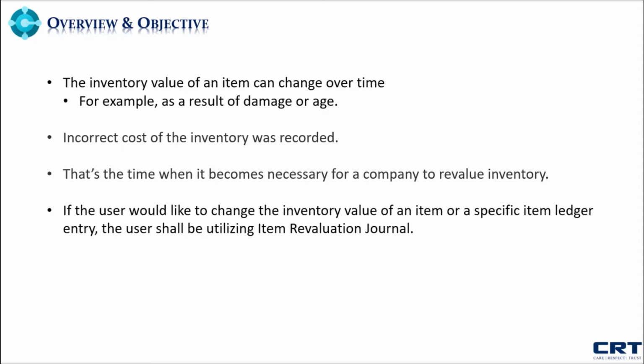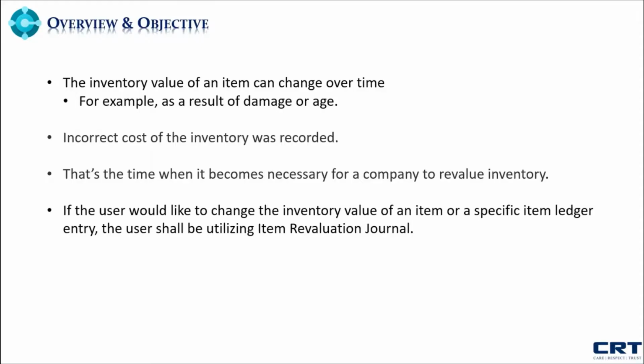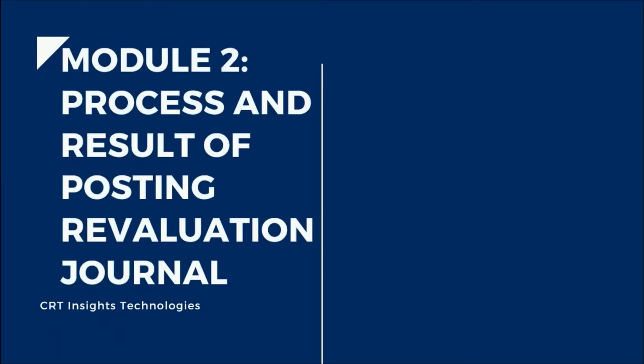Okay, so from the examples above, we can conclude that the revaluation journal will take place when the value of the items or specific records needs to be revaluated, or in other terms, depreciated or appreciated. So here's the overview and the objectives, and why we are going to use the revaluation journals. Okay, let's get into the main part,